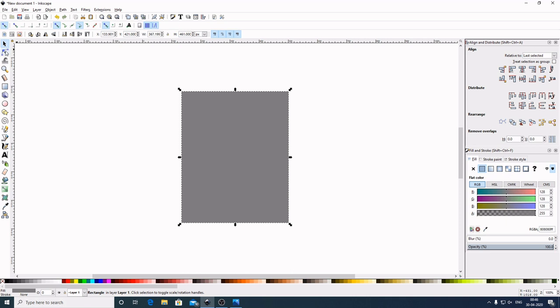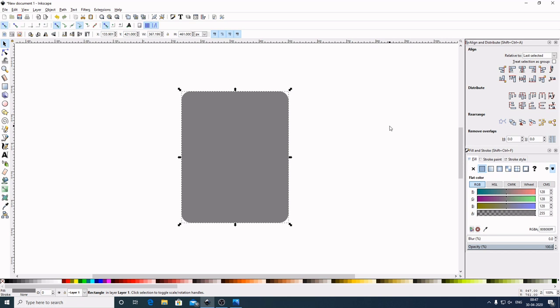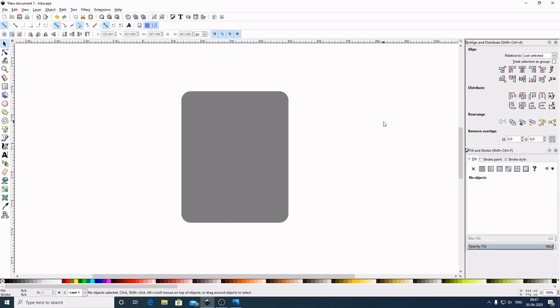Now I will come here and select this one, Edit Paths by Nodes. Now we have nodes here on the three sides. I will select the circle node. Now hold Ctrl on the keyboard, bring this down. This much is better. Now select out of the graphic to deselect. Now I will select the Bezier pen tool. Now come here.